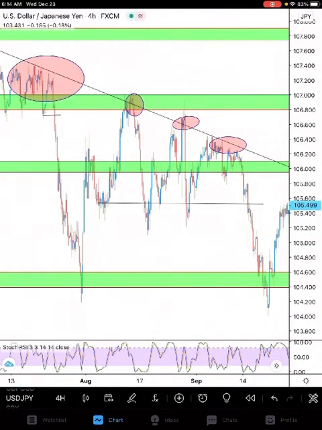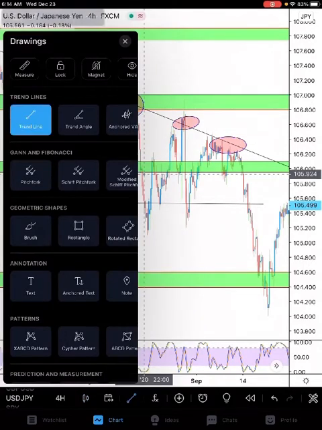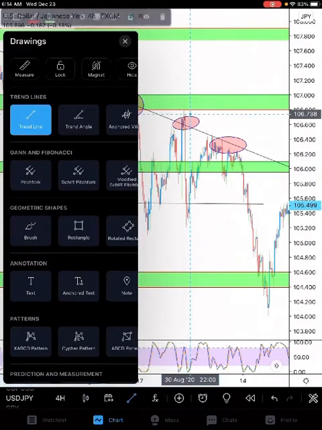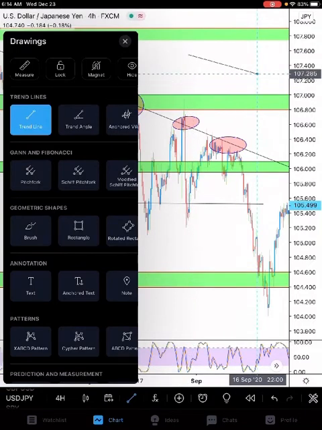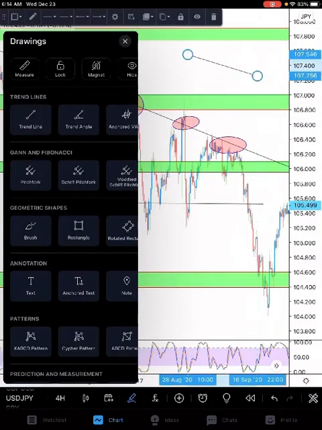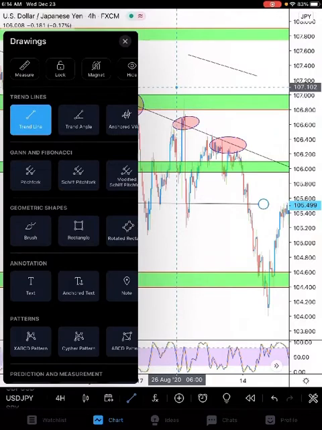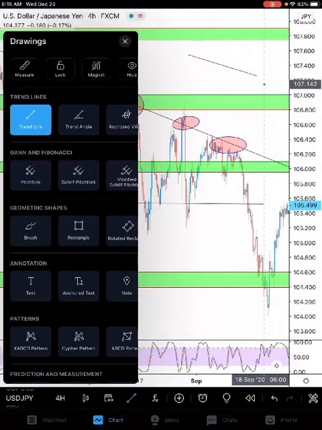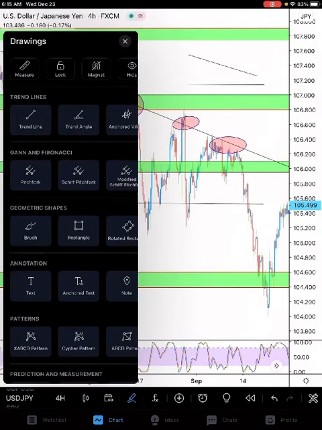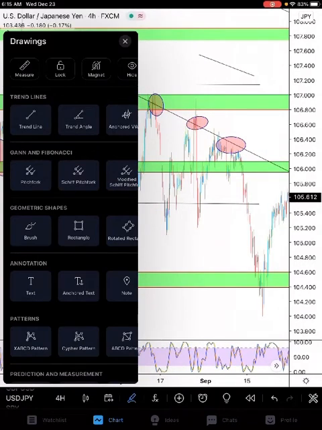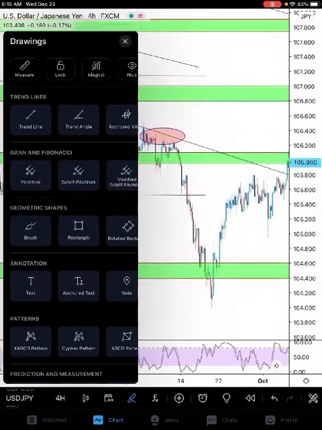That looks like a familiar pattern, right? Let me show you what pattern it was. Right here. Right here. And you know how that goes. Sold the fuck off. But,